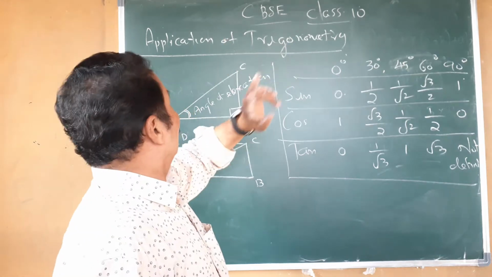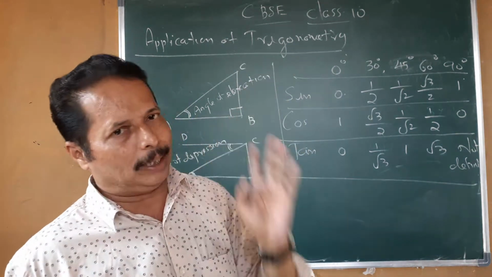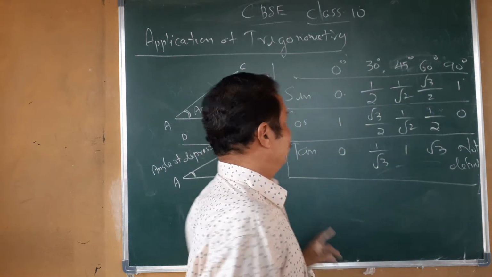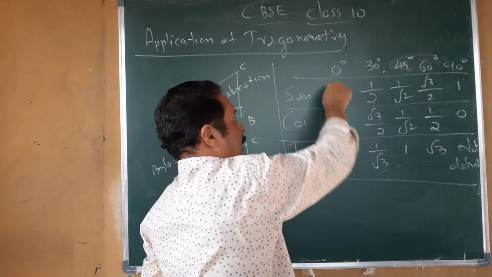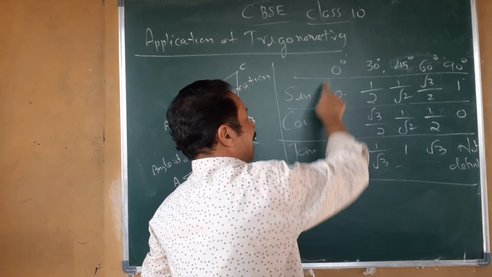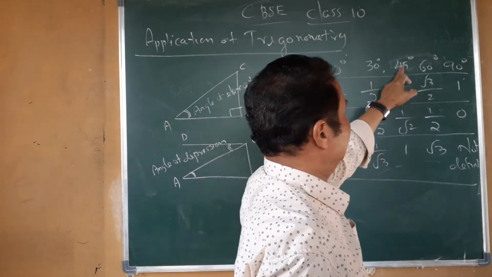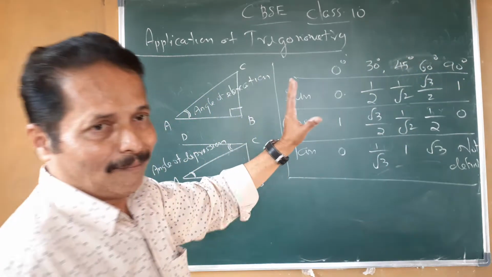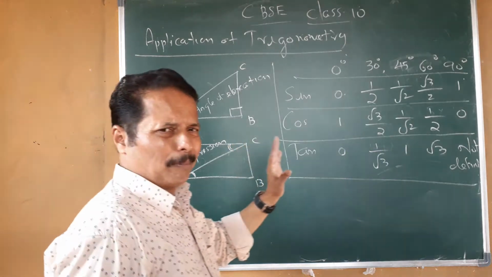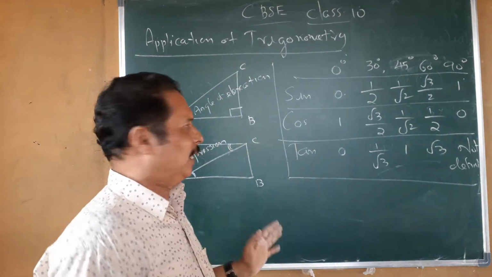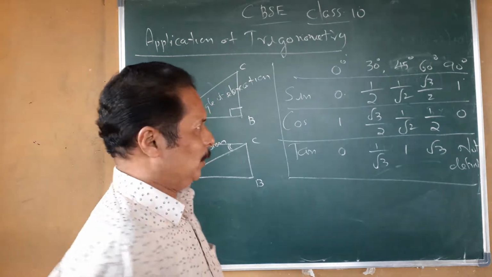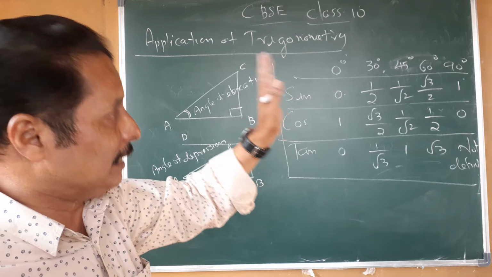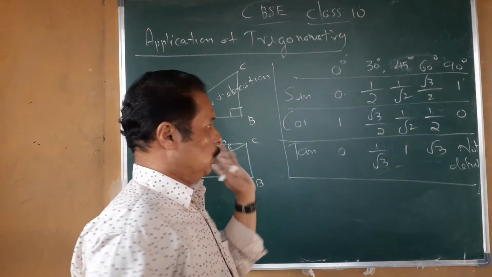Application of trigonometry is a continuation of trigonometry, and you studied the values of 0 degree, 30 degree, 45 degree, 60 degree, 90 degree. Do you remember that? Sin 0 equal to 0, cos 0 equal to 1, tan 0 equal to 0. Similarly, sin 30, 45, sin 60, sin 90. So, you must know the values. It's not compulsory to learn by heart. If you know the figure, then also you get the values. Otherwise, learn the values by heart. These values are compulsory. Okay, read it and write it very clearly. Take it as a note.